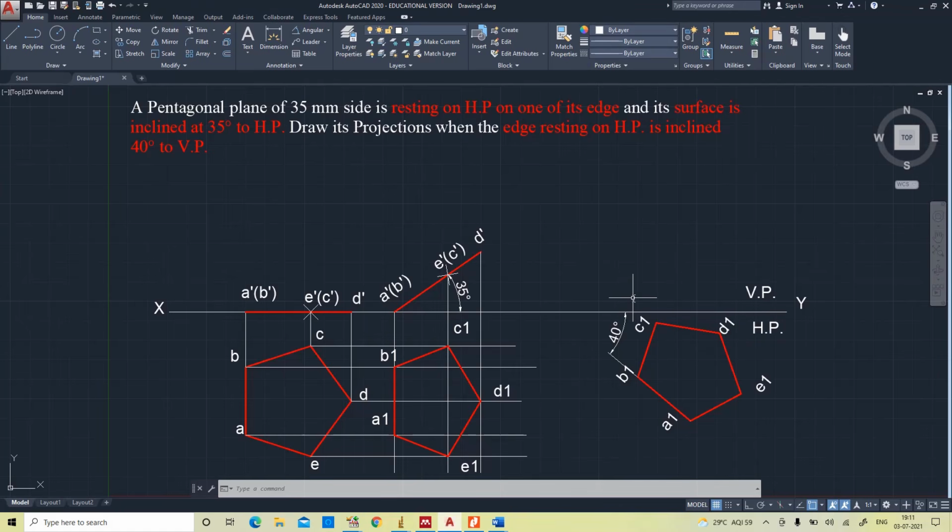Now we need to draw the final front view. To draw the final front view, projector intersection points. See, we need to get intersection points of the projectors. From all the vertices, draw the projectors.